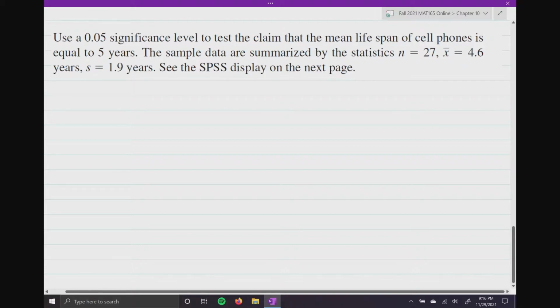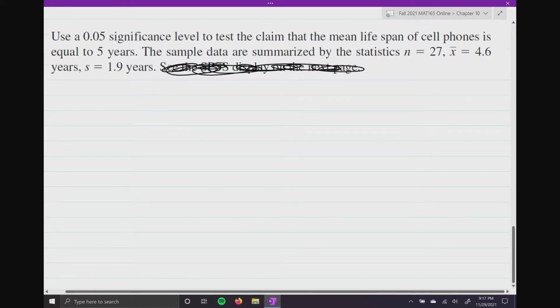Okay, so here's our next example. Use a 0.05 significance level to test a claim that the mean lifespan of cell phones is equal to 5 years. The sample data are summarized by the statistics n equals 27, x bar equals 4.6 years, s equals 1.9 years. And don't worry about the SPSS display on the next page because we're going to do it ourselves. All right? So step 1,